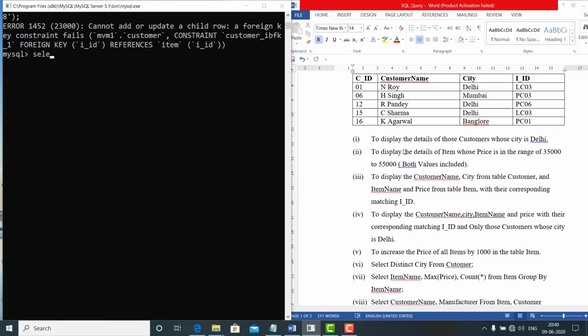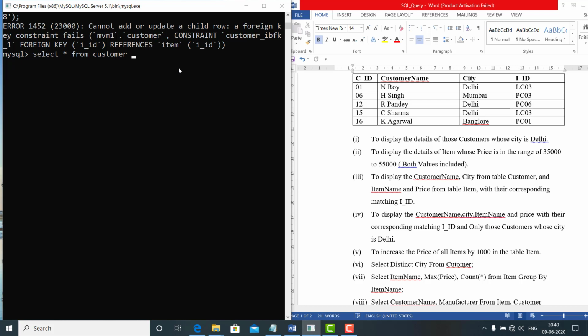So simply, you will write SELECT asterisk FROM, and the table name is customer. Only those records should be accessed whose city is Delhi.